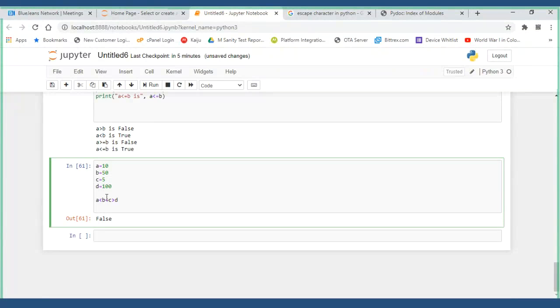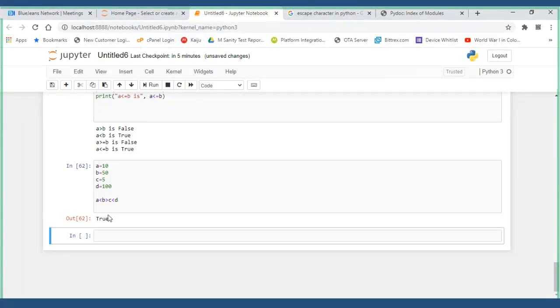B is greater than C, and C is less than D. I'm putting true conditions only. Now it will give me the true condition. Am I correct or not?